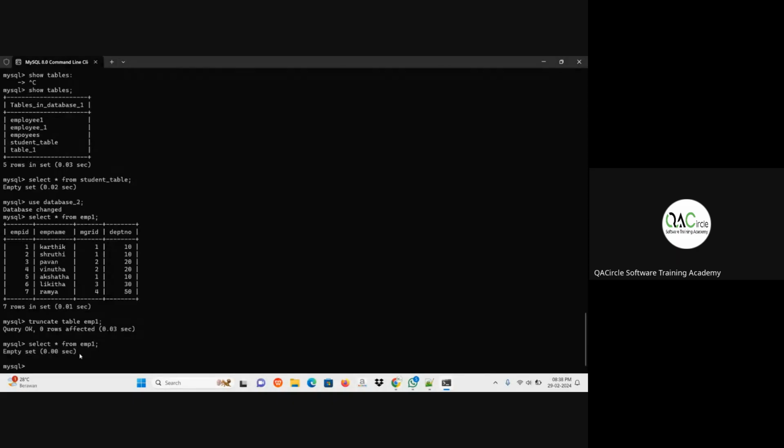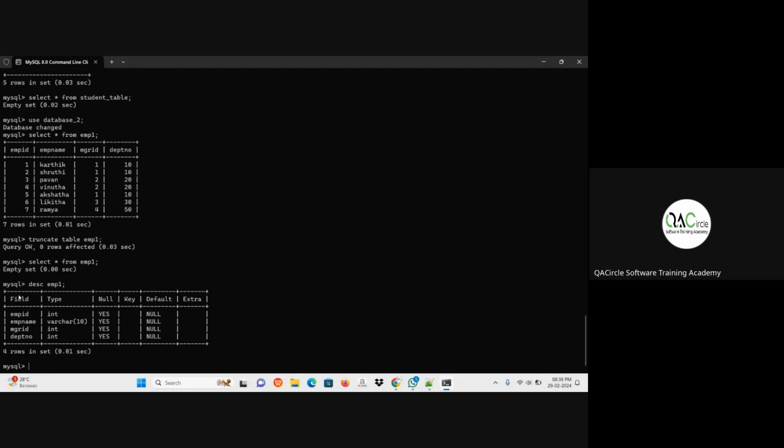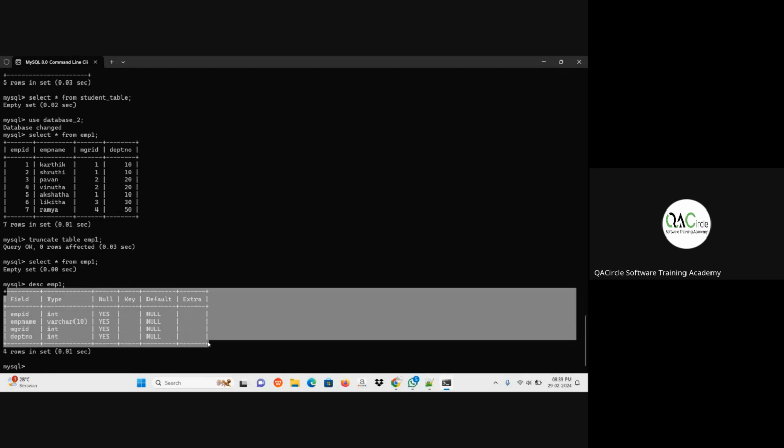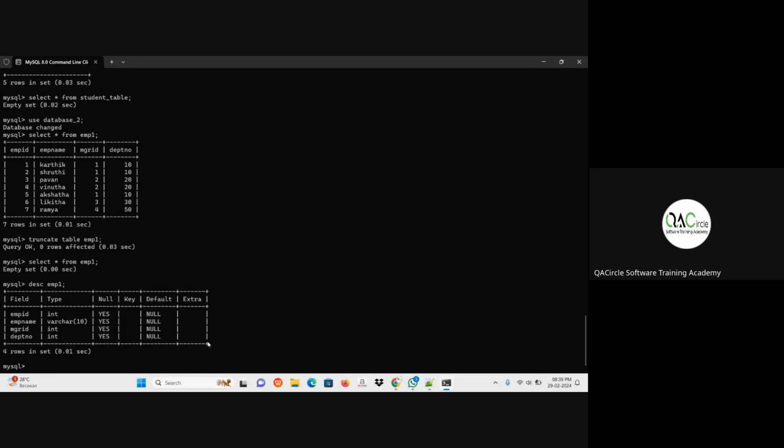Means in the table there is nothing. Means there is no data. Okay. But when I give describe the table, why we use this command? To know the structure of the table. Yeah, correct. See, I'll get the structure of the table. Understood?